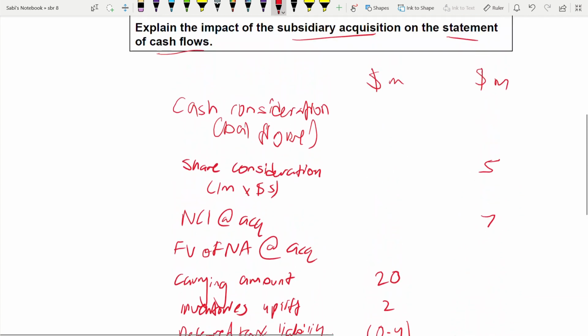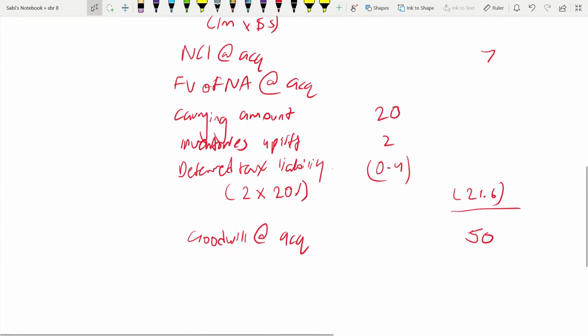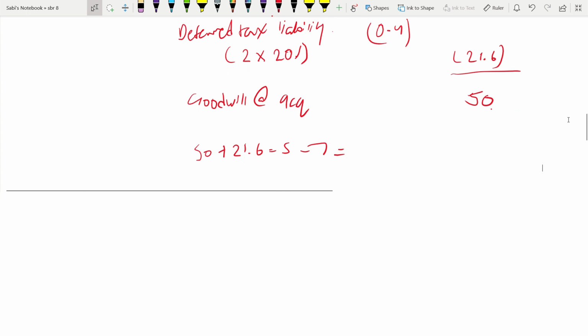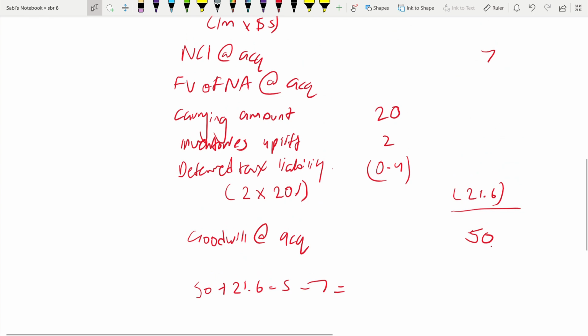How do you get the balancing figure? That is also a question. You add this 50 plus 21.6 minus 5 minus 7 and see how much you're getting. 59.6 exactly. 59.6. This is the cash consideration,